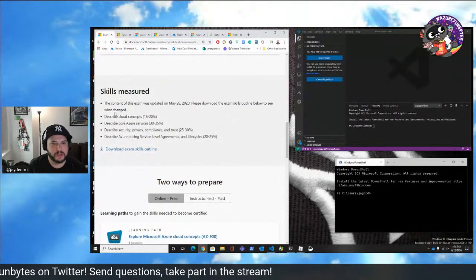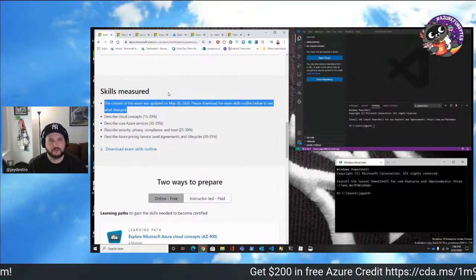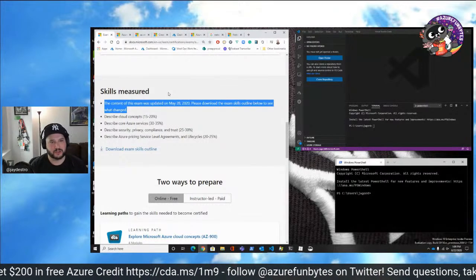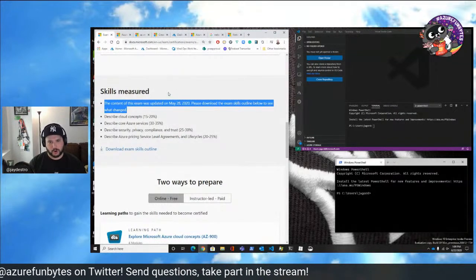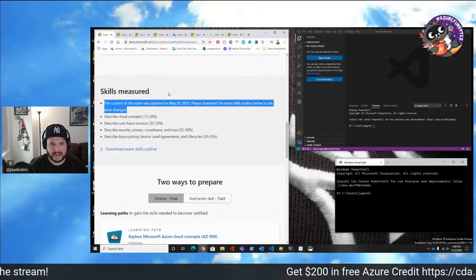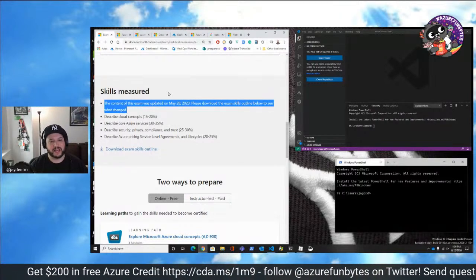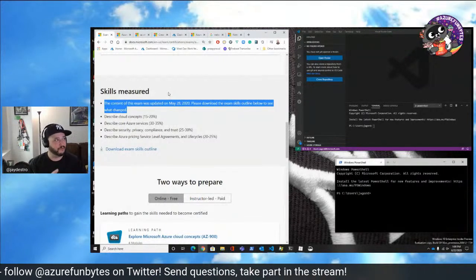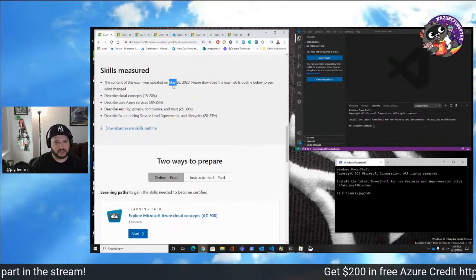So the skills measured, let's talk about this. This was updated on May 28th. If you've already taken this exam, you're not going to have to retake it. That's not the reason it was updated. There was just some terminology that they changed, and that made it a little bit more up to date with some minor naming convention changes around Azure. Some products were definitely modified in their name, and based on that, you need to modify an exam so everything is one for one. So that was the reason they made that exam change on May 28th.